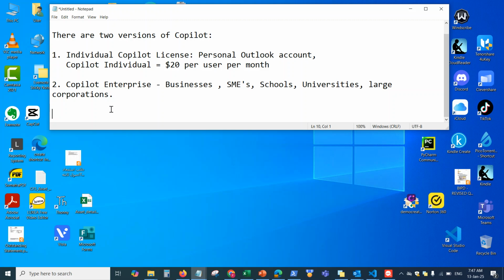All right, so here I'm going to show you how to add, assuming you already purchased the Copilot license in your enterprise or in your company. I'm going to show you how to add the Copilot license to your users for organizations, which is the Enterprise Copilot